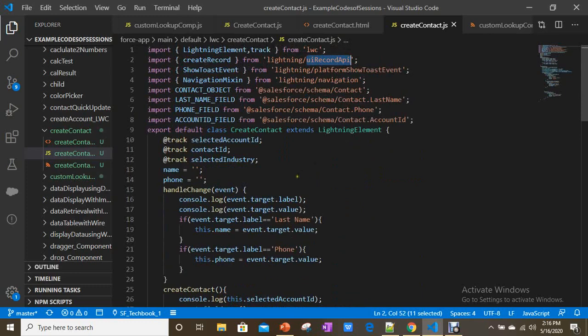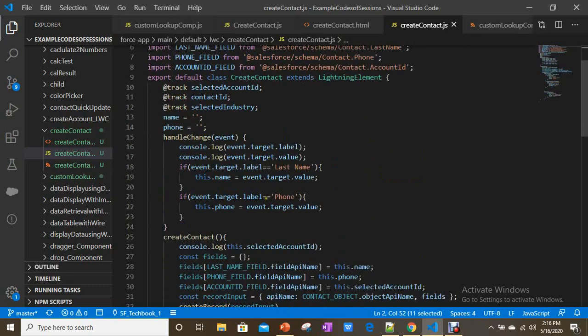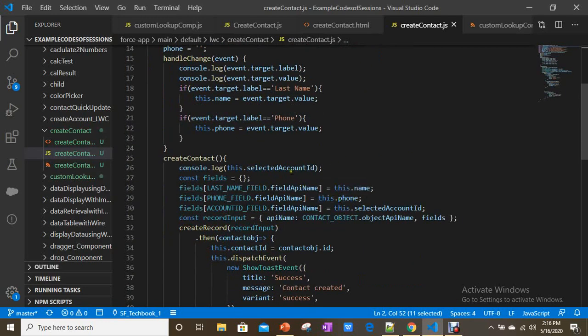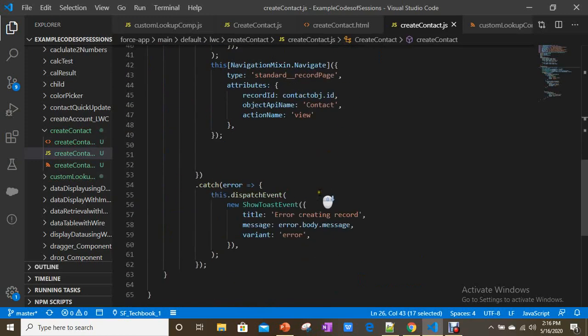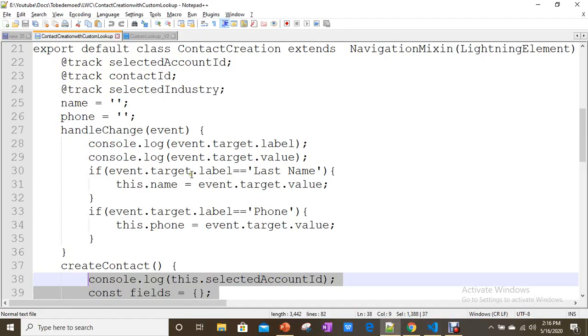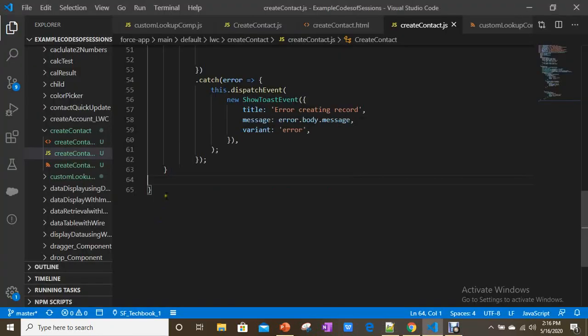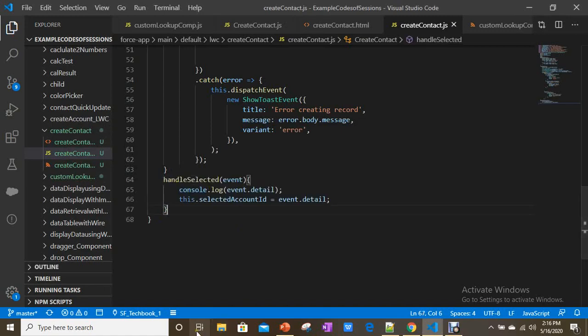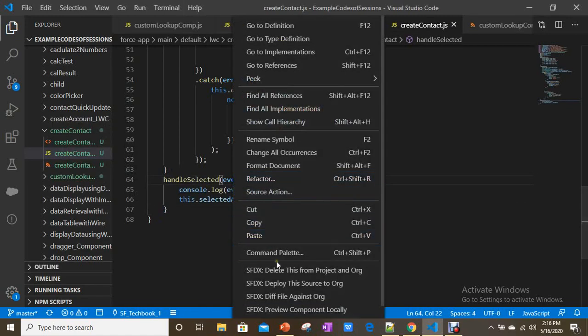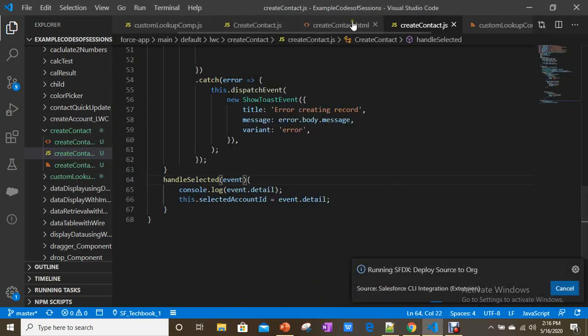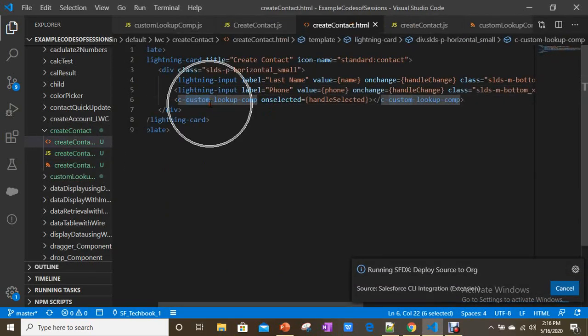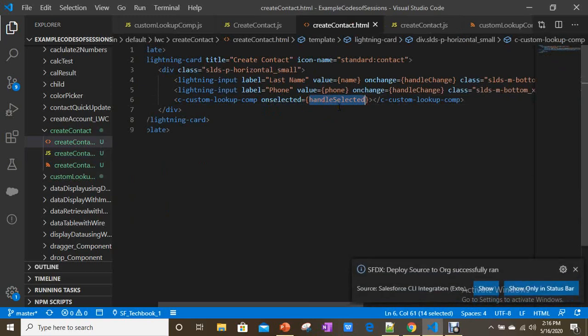So where did you get this selected ID? You got the selected ID in the handle selected method. Whenever an account is selected on your custom lookup component, through this selected event, it will call this handle selected method.